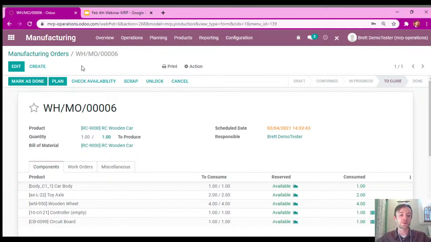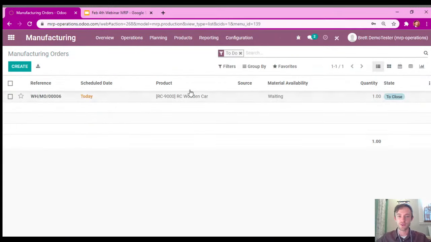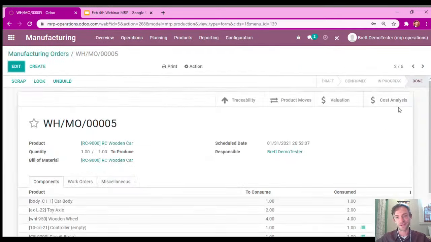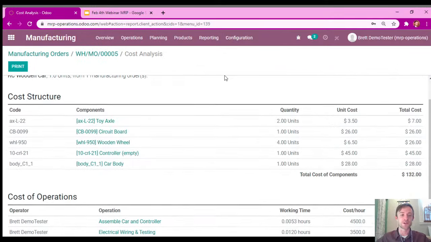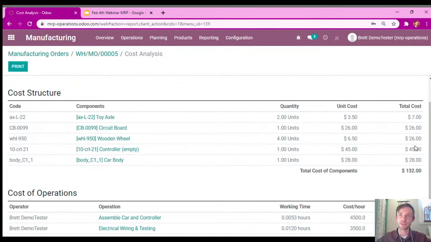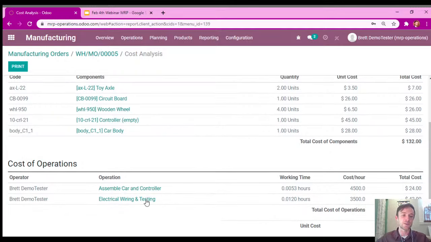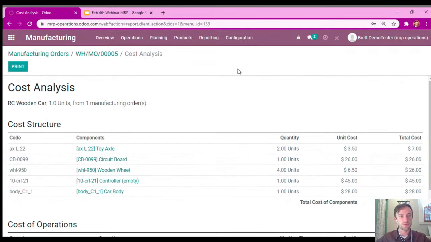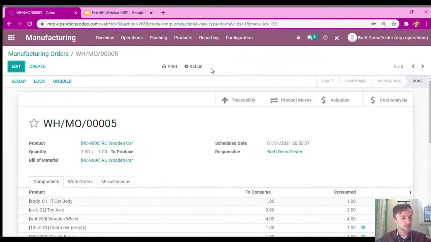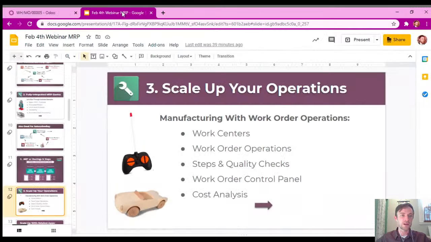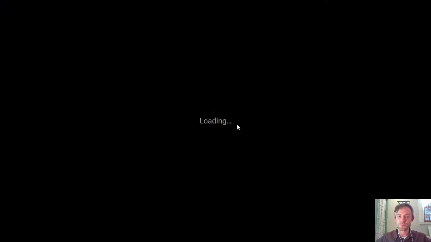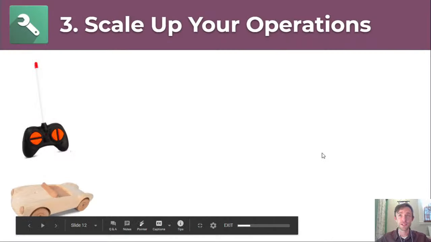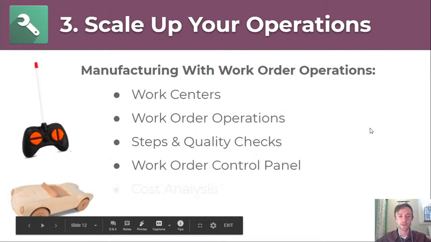But anyway, once it's all done, they should be able to view the overall cost analysis of the whole thing, which I'll show you in this other completed manufacturing order right here. And this is what it typically looks like. Basically, you have the breakdown of the components that were used and their different costs, and then the operation costs as well. So it takes the time that was spent on those work order operations, multiplies it times the cost for those, and it gives you an overall cost that you can view and break down. So pretty important stuff right there. All right, I'm going to move on. There's a lot more to talk about when it comes to work orders and operations and steps, but for now,